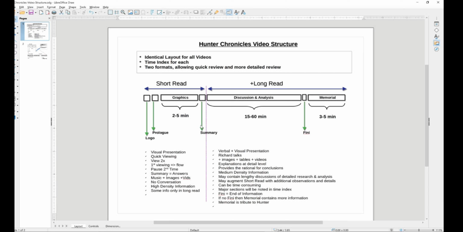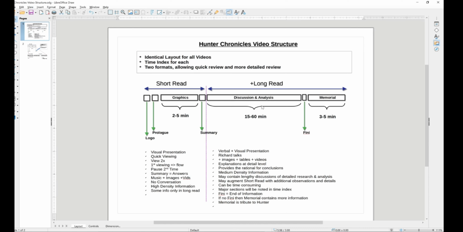Let's talk about the other portion first. Now, for those who are more detail oriented like myself, I want to know all the guts. I want to know how the conclusions were reached. What are the details of the observations? What are the alternate theories and all that? For that, I provide a much longer second portion to the video, which consists of me, yeah, that's right, me,